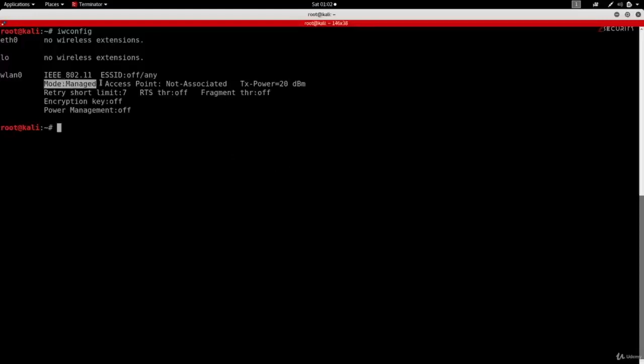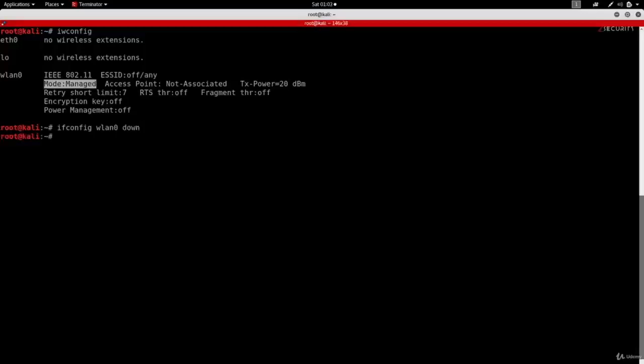So, as usual, before you can change the options of your interface, you have to disable it. Previously, we've seen we can do that by doing ifconfig, the device name, which is wlan0 in my case, down. Then we can enable monitor mode.